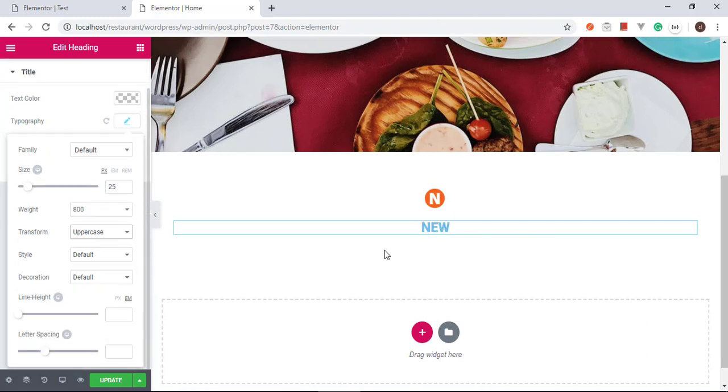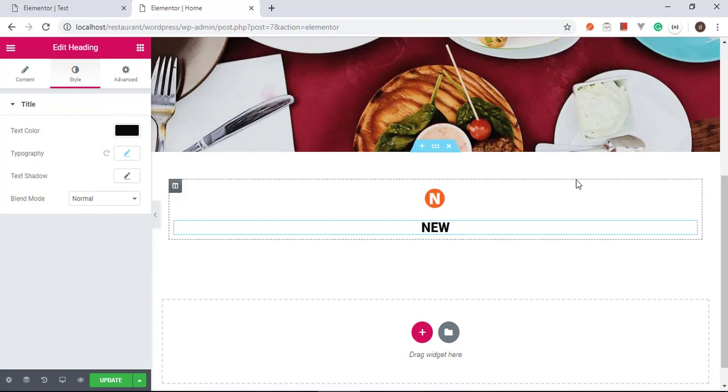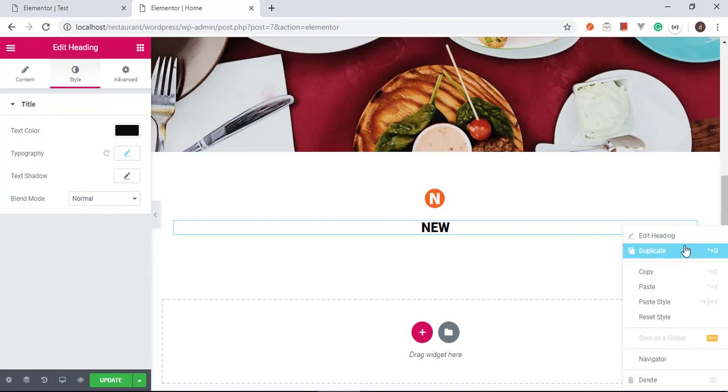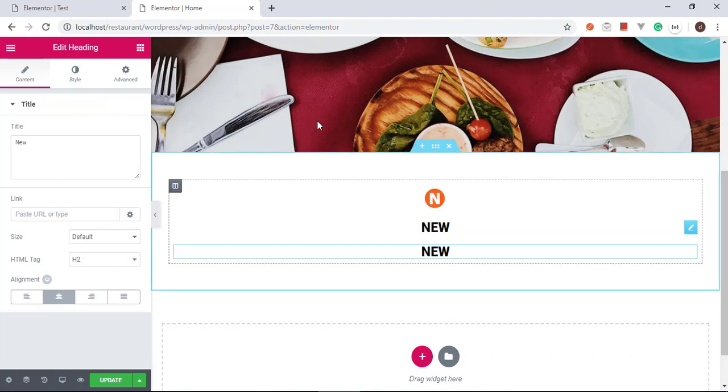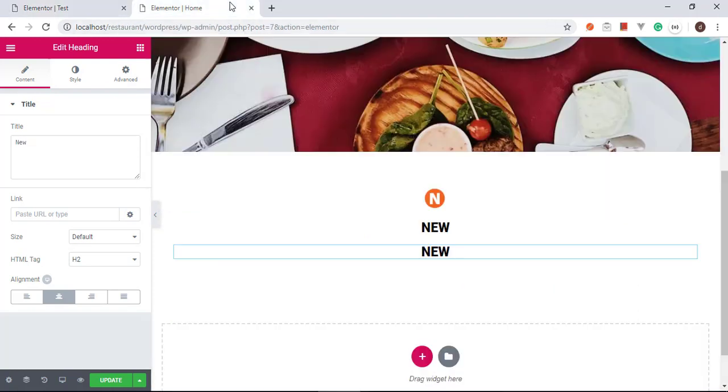And I think that's all we have to do, and also we have to change its color as well, so I'm gonna change it to completely black. Okay, now it looks nice. So I'm gonna just duplicate it and write the text here, which is going to be staying ahead of the trends. I'm gonna change it, staying ahead of the trends,